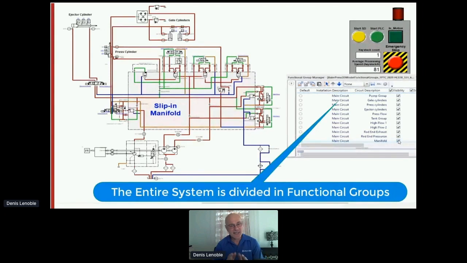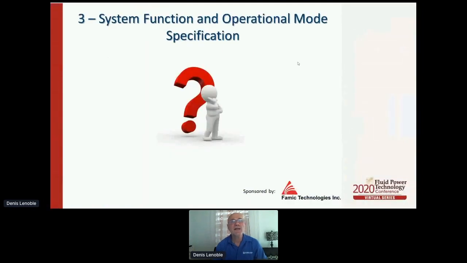Okay, so this is the first step. The objective is not to demonstrate Automation Studio. It is easy to do. You just have to grab this component, drag it here, and it's done. I don't want to show how to do this. Just describe the process. Now, as soon as we have functional groups, we have to define